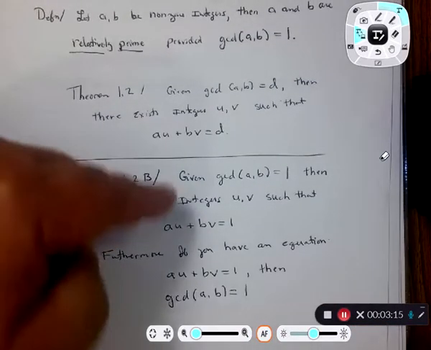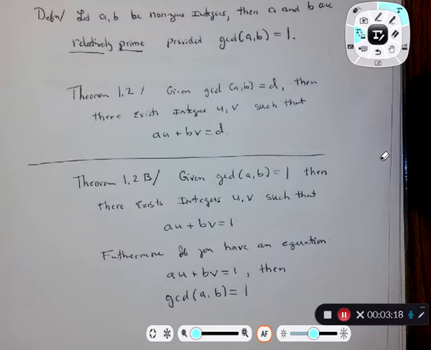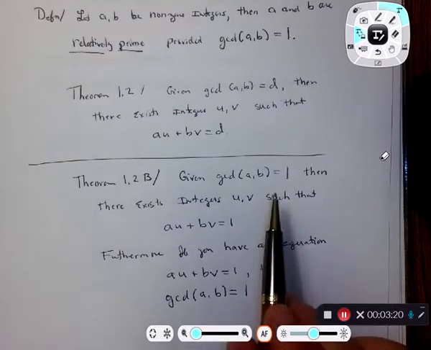And pretty much I'm doing this if and only if with Theorem 1.2b, and that's because 1 is the smallest